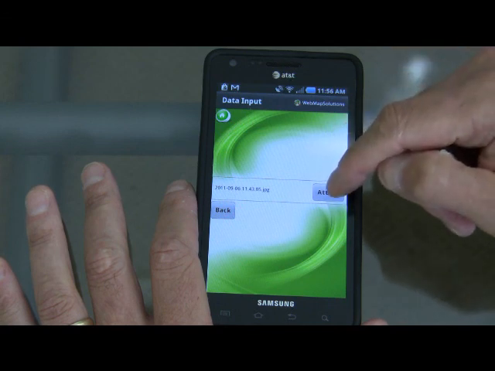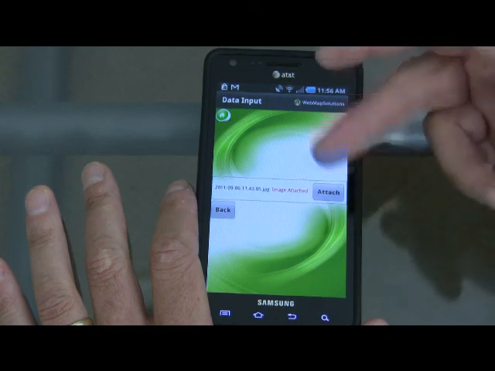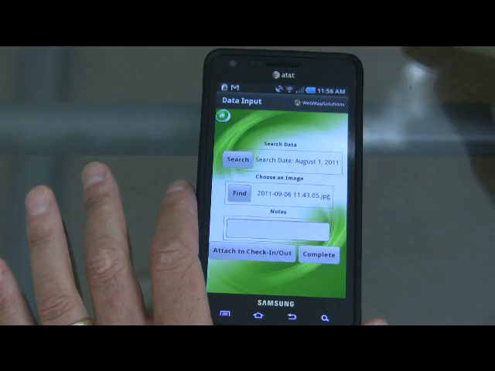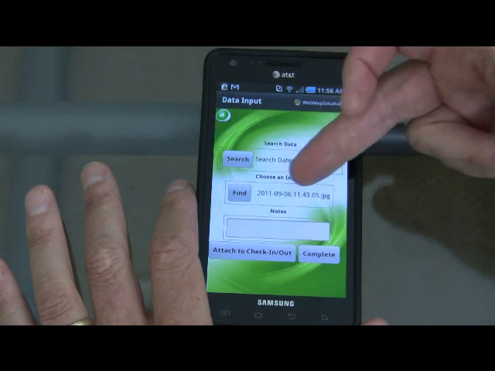So let's attach that to the application, and there it is. It says image attached, and we'll go back, and there we've got the name of the image that we've attached. Now we could